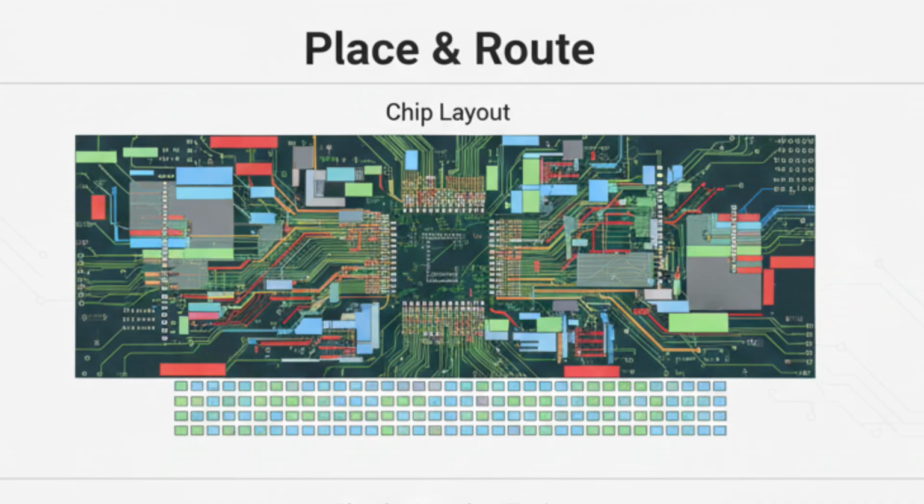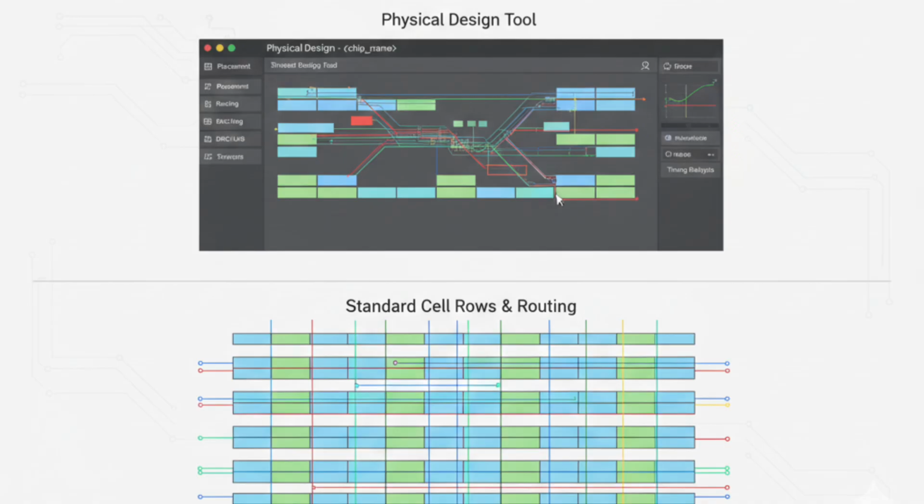Now the eighth one is physical design, which is basically placement and routing. Now the physical design team takes over. This is one of the most complex stages. Using tools like Synopsys IC Compiler, Cadence Encounter, they perform standard cell placement, clock tree synthesis, power planning, routing across metal layers, timing closure. Finally, they generate the chip layout which goes to the fab for manufacturing.